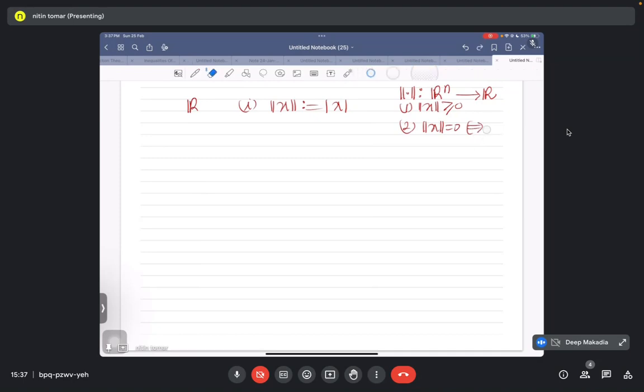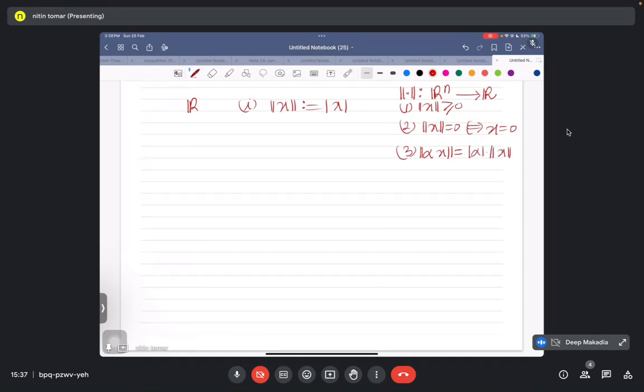Norm is more like a length function, so think of it as a length. Length should always be greater than or equal to 0, right? Second, length should be 0 if and only if you are measuring nothing. Third, if you're stretching,